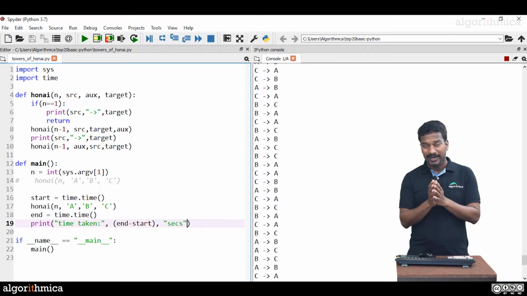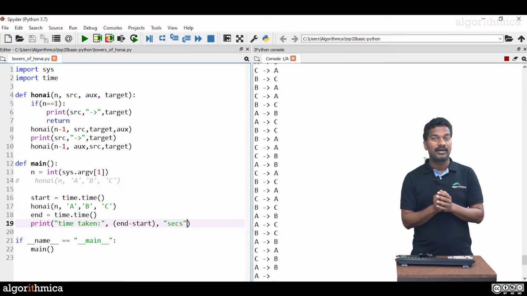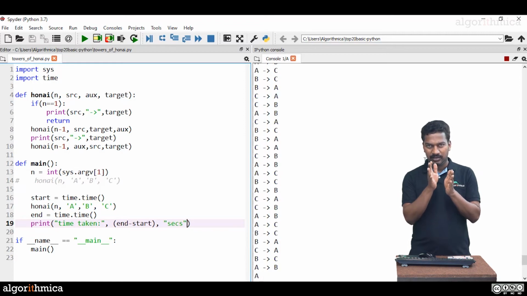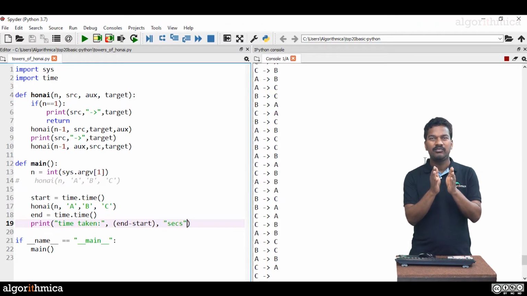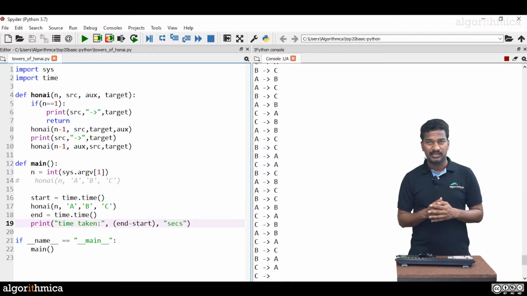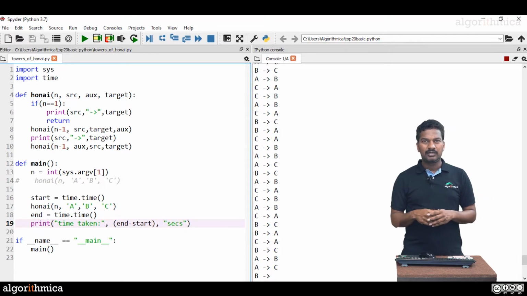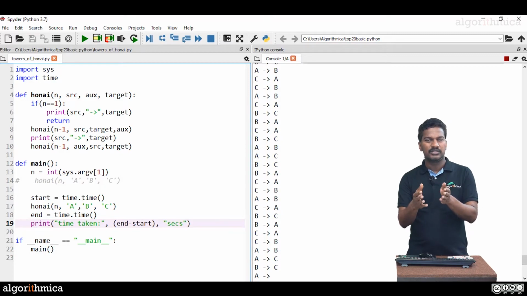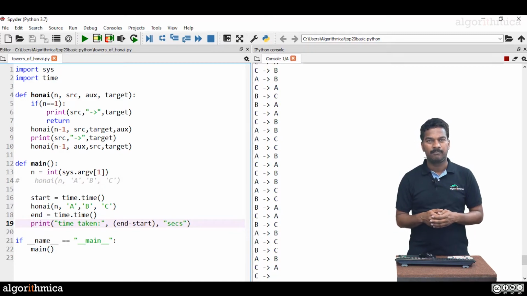So that's why in practice 2 power n algorithms are not useful. Whenever you get a 2 power n algorithm, you need to find alternative algorithms. If not, the practicality of such algorithms is very, very limited. That's what you can say about 2 power n. But when this program is going to terminate, we cannot judge, we cannot wait, since we do not know when this is going to come out.